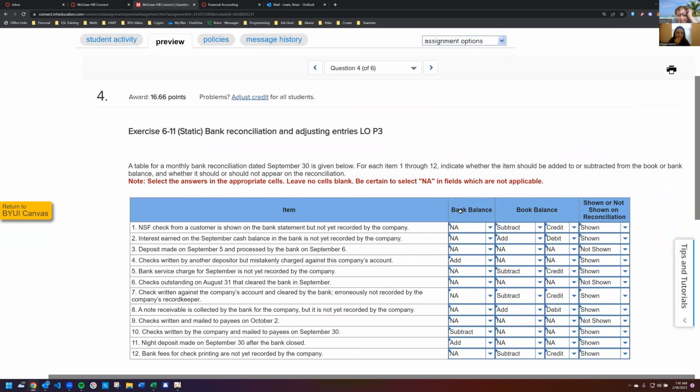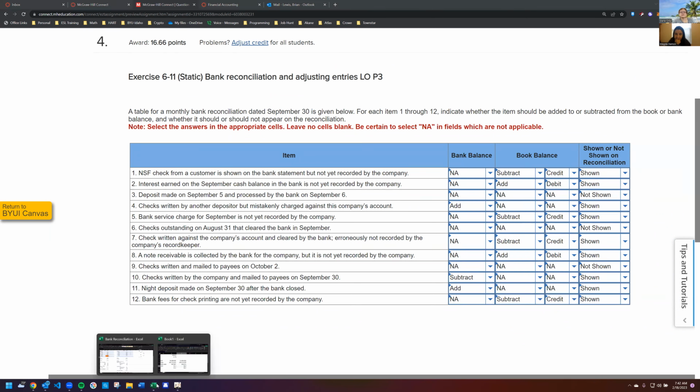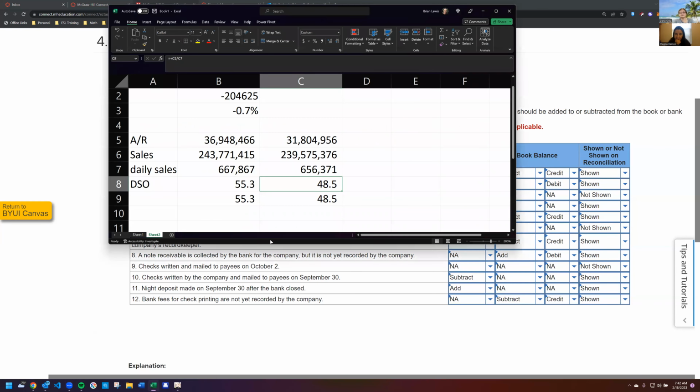Let's see. Bank balance, book balance, shown or not shown. Okay, so they're giving you scenarios here, and they're asking you to figure out what's going on. So this is some mental gymnastics unless you put it on paper. There's really nothing you can do here except, if you question your ability to logically go through it,